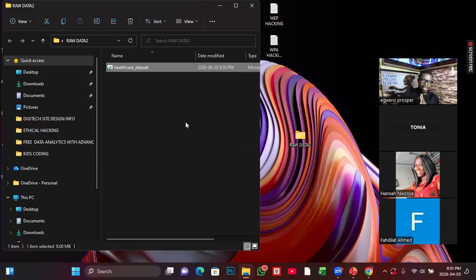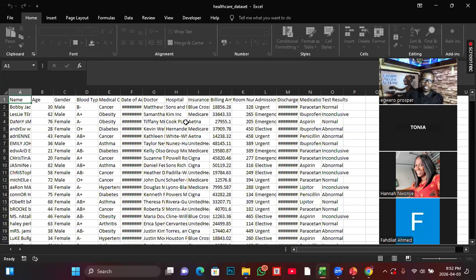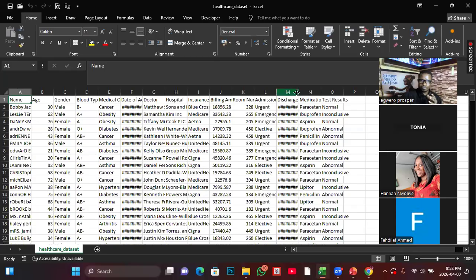The only practical assignment you are given tonight is that you visit Kaggle, register, and download not less than one dataset. If you can give me two or three datasets, fine. But I would advise us to download up to five different datasets, so that when we start analysis, we will analyze one in class, and then I will send you to replicate it with another dataset, just to check whether you can apply those skills on different data. So you can see this is the data.